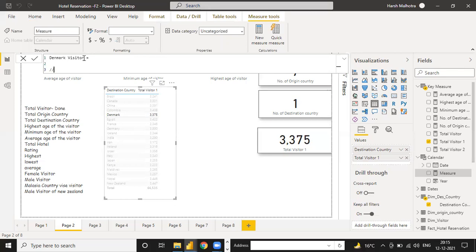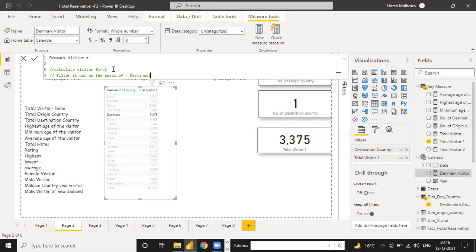So I can write it here as a comment: calculate visitor first, and second filter it out on the basis of destination country. Okay, so these two things you have to do with your function.